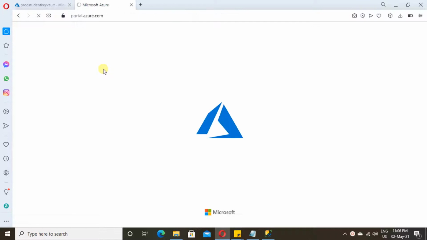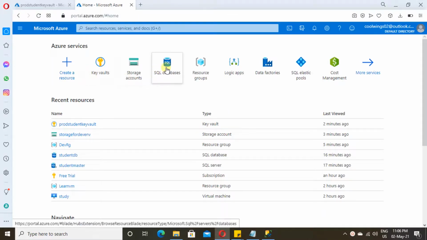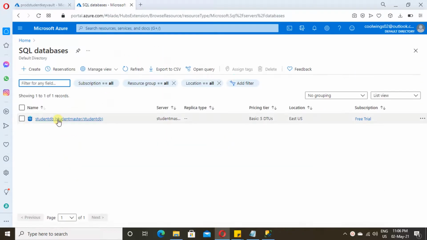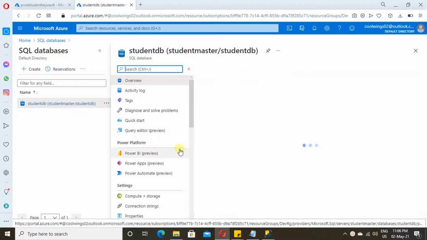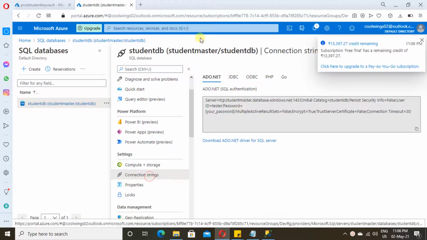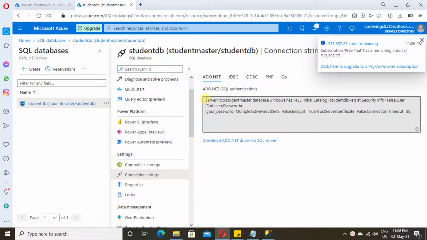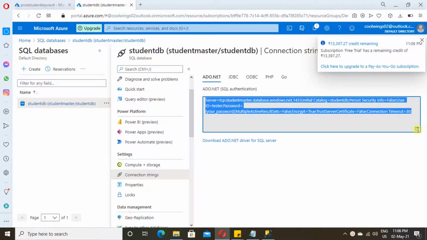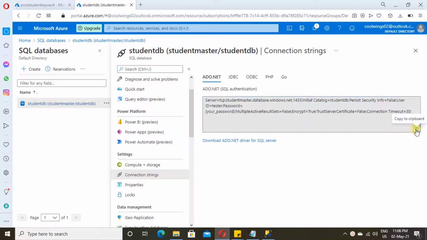I have already created a SQL database in my earlier video. If you want, you can watch it from my description; I will provide the URL. This is the SQL database which I have created. Here you will find the connection string. I'm going to copy this and paste it in notepad.